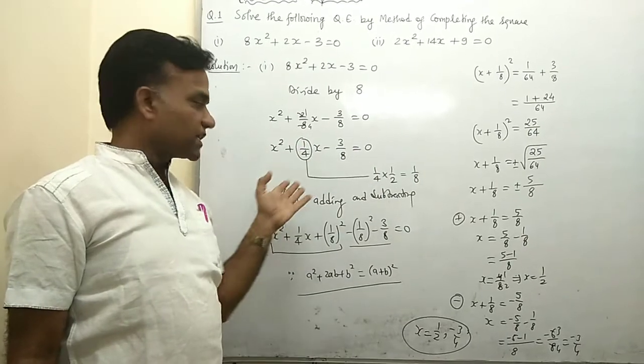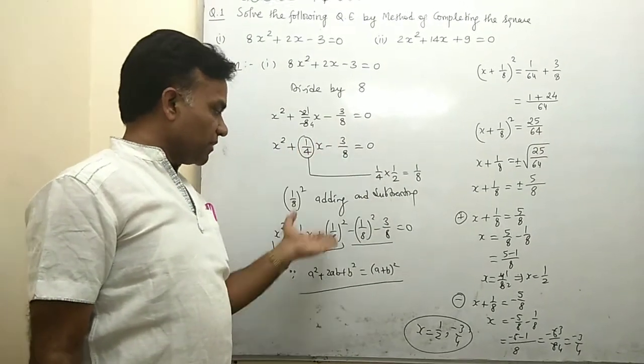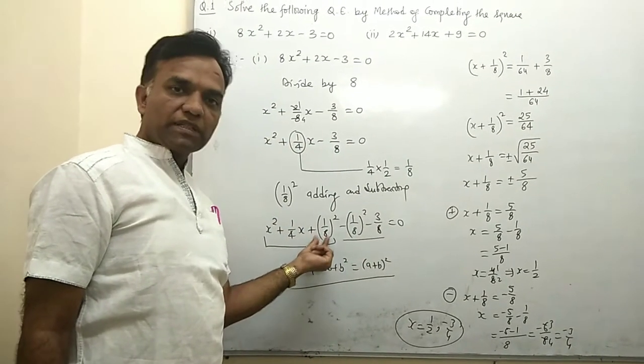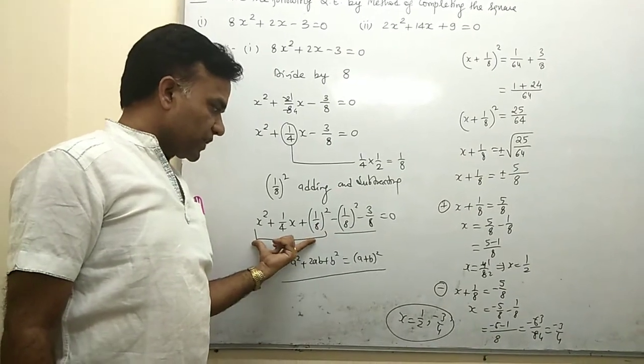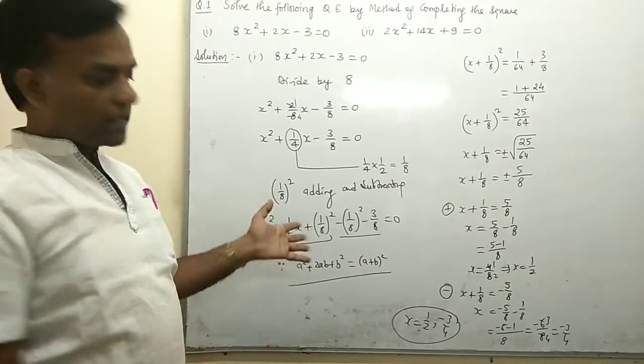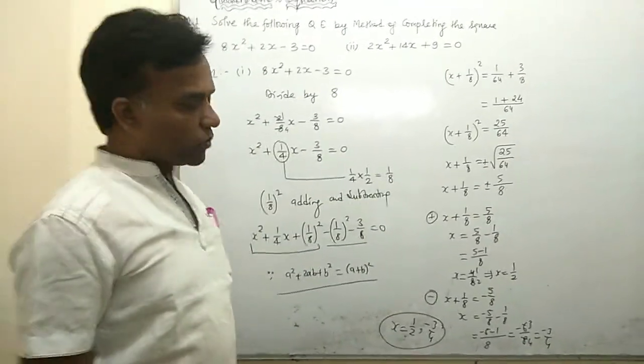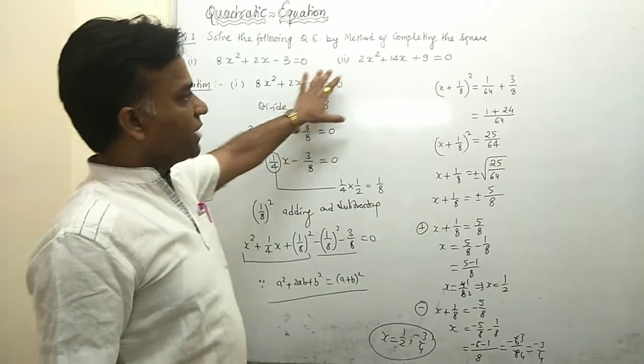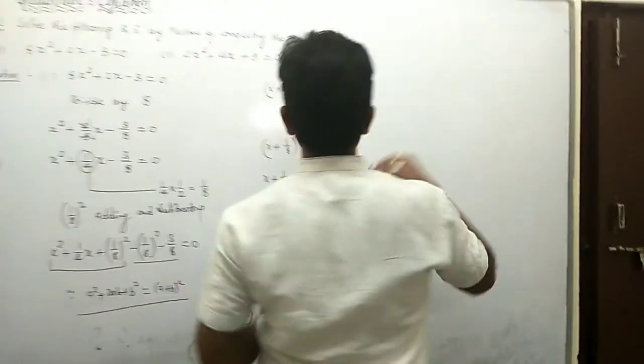Resultant term, you take a square, adding and subtracting in the given equation. Always put the plus sign first and then the minus sign, and then these three terms make a whole square, and the rest of the two terms you shift to the right hand side and then simplify, and then you get the roots of the quadratic equation. So now we have the second equation, like 2x square